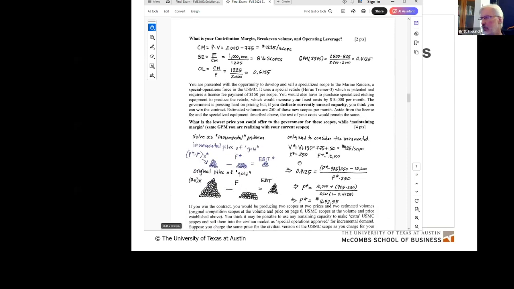It wasn't $400, it must have been $40. So I must have done that wrong. Okay, what's 10,000 divided by 250? $40. Okay, so my incremental fixed cost is only $40 for each of those Marine Corps scopes. Plus, I have to pay that extra $150 of variable cost. So we got more variable cost, but a large reduction in allocated fixed cost, and that's why I can get by with a lower price.